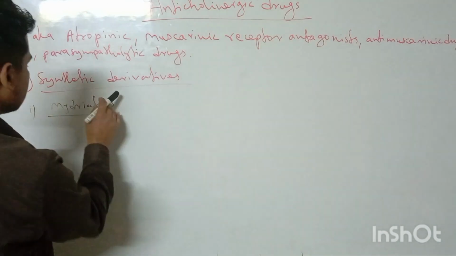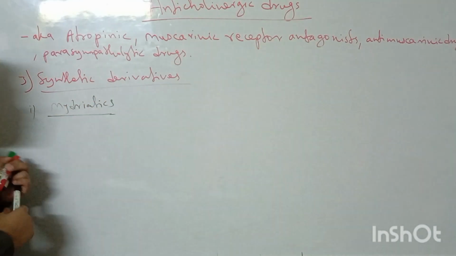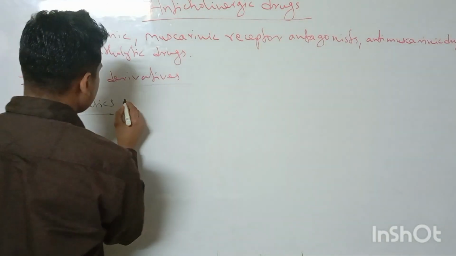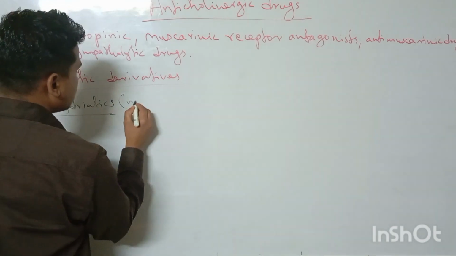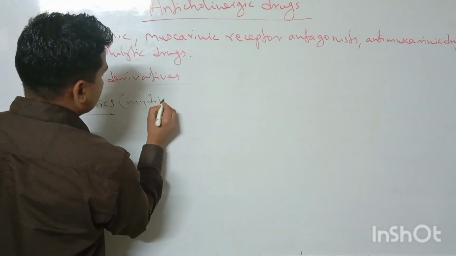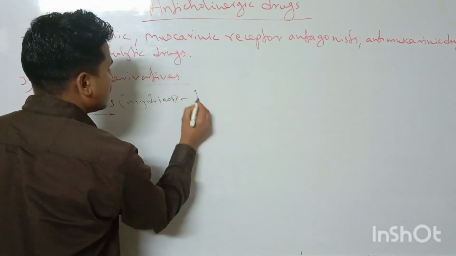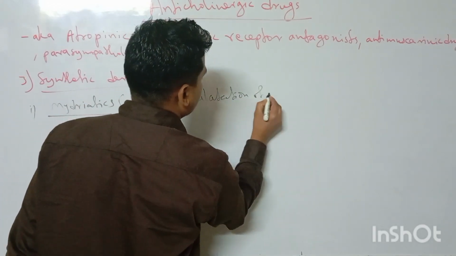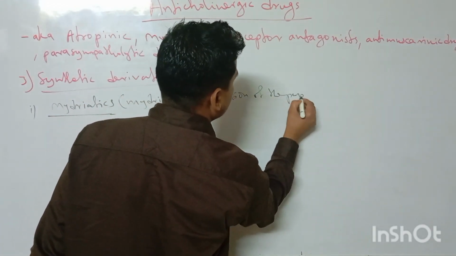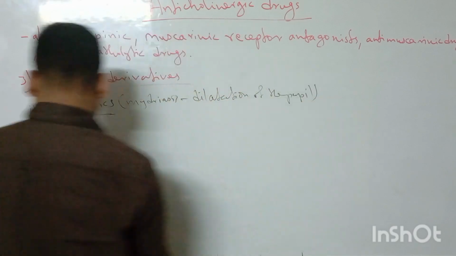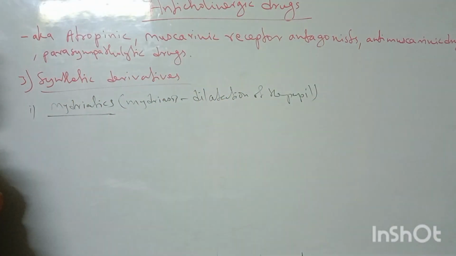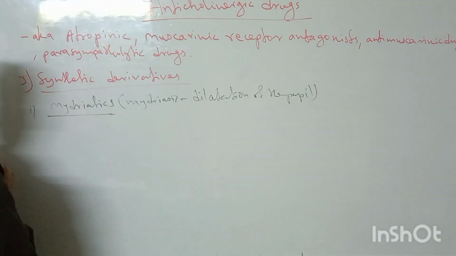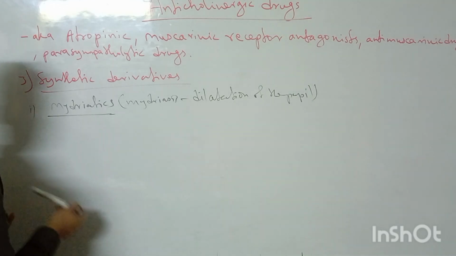So mydriatics, this is derived from mydriasis. What is mydriasis? Mydriasis is the dilatation of the pupil. So these will include